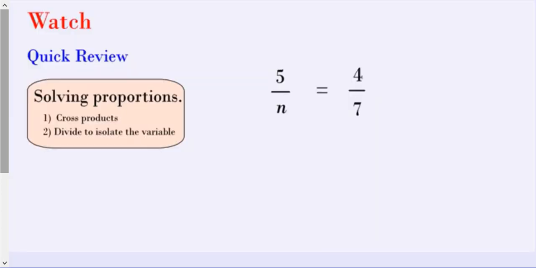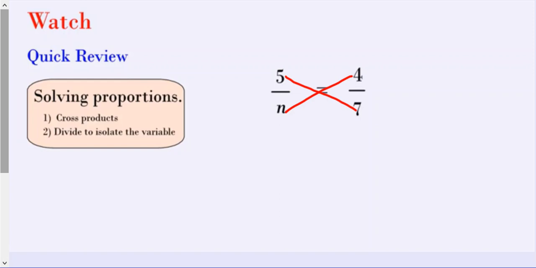Alright, we're going to start with a quick review. I just would like you to watch as I work through this. Solving proportions, the easiest way to do that is cross products, and then that'll give us an equation, and we can divide to isolate the variable. So if we're doing cross products here, we are multiplying